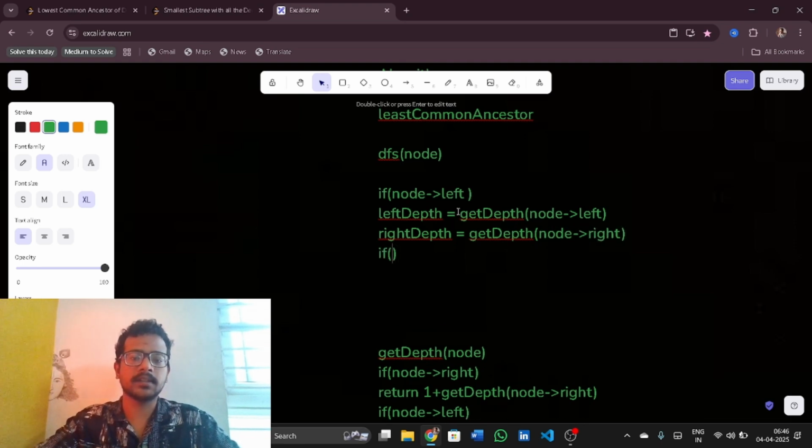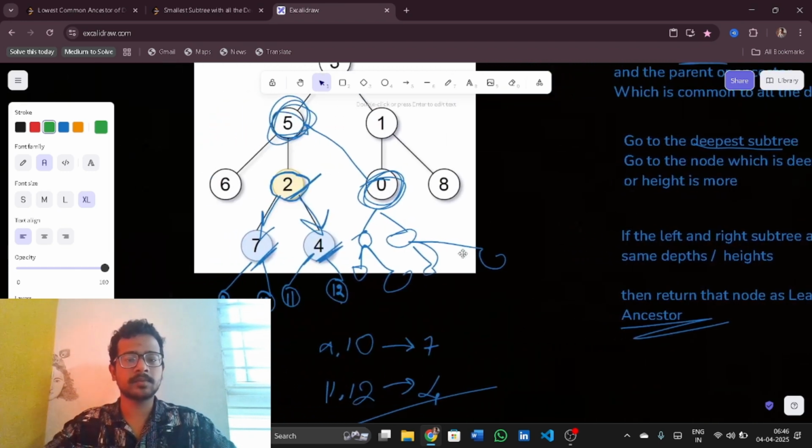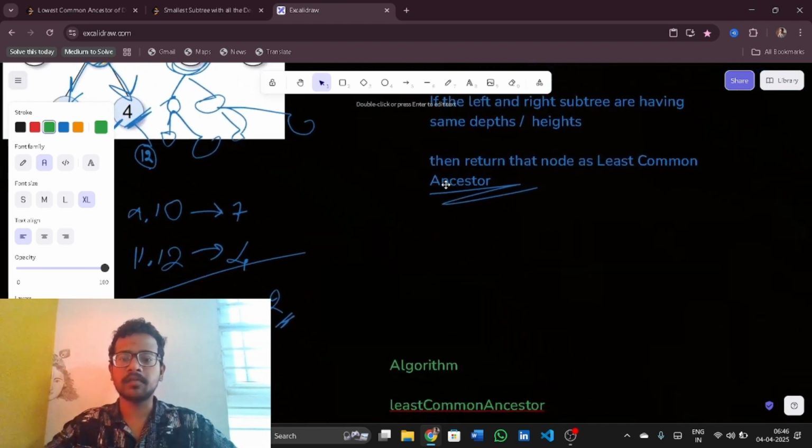Now, as I said, the condition is if the left and right subtrees are having the same depths or heights, then return that node as the least common ancestor. But there might be a possibility that here I have only 3. That means 2 is having the depth of 3. But here 8 might be having more than 3. That means 4 or 5 as the depth for this node 8. And there might be a leaf node. So